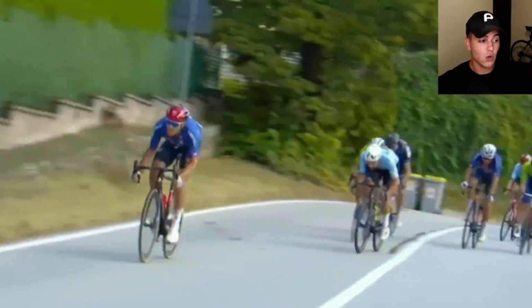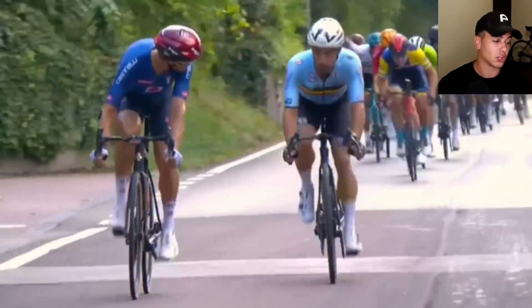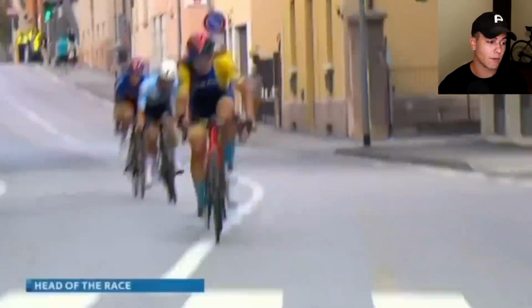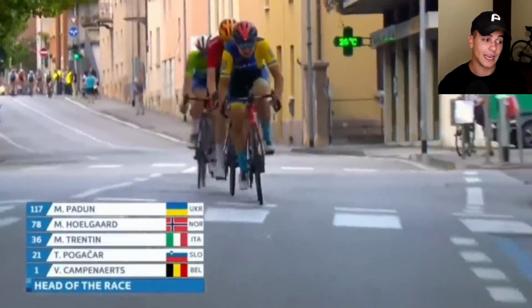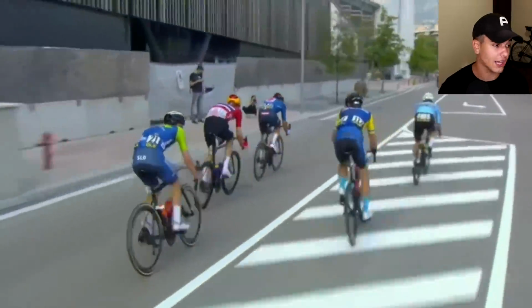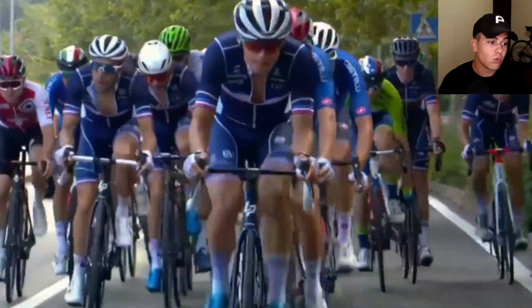And this is where the race really unfolds. Matteo Trentin for Italy goes on the attack. Victor Campenaerts is going to have to close that. And there is a split that happens. Now, unfortunately, we don't have Remco Evenepoel in this group. So we have Tadej Pogačar, Matteo Trentin, Padon. So it's looking pretty strong, actually. I would say this breakaway has the ability to make it to the line,